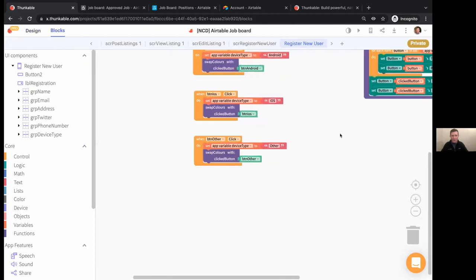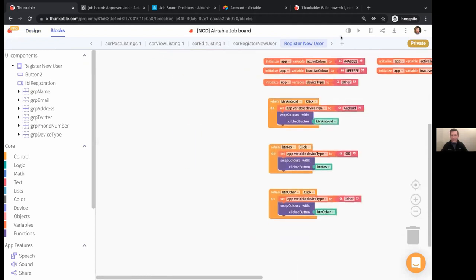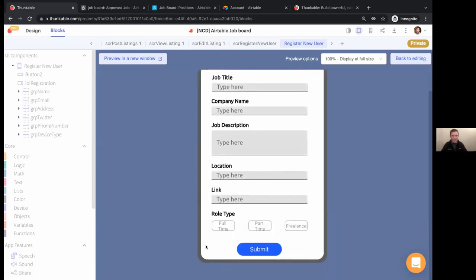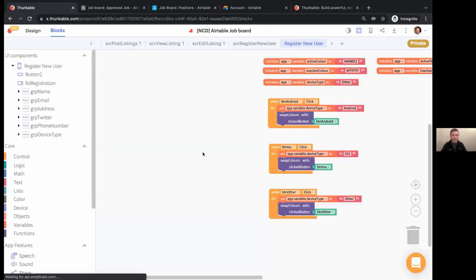When the button is pressed, so these are all blocks, excuse me, that have come with my saved screen. So for instance, I'm able to select one of these role types here, and even though I've changed the title or the text in it, so it used to be the device type, Android, iOS, and other, the block still works underneath, so that's a nice one. So button 2 here,